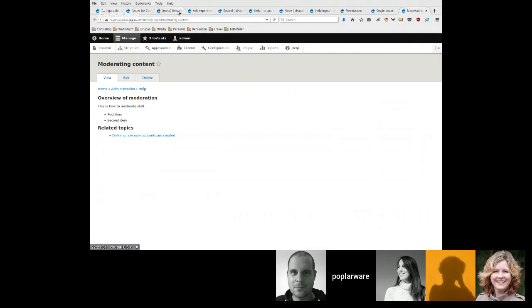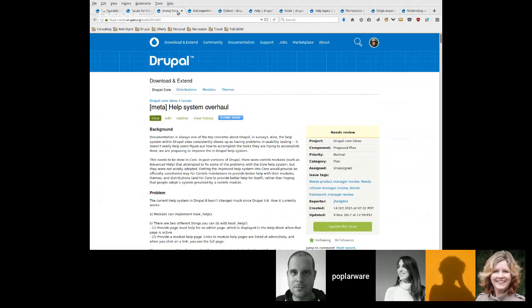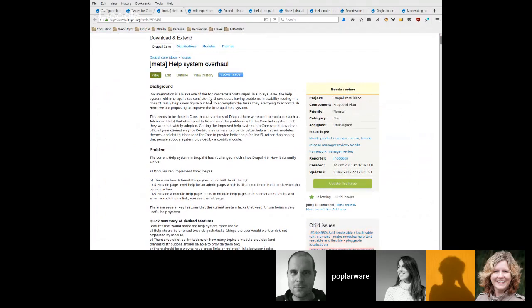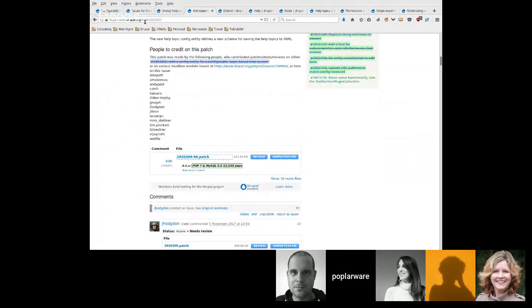Okay, and so as far as issues go, there are several issues. There's a Drupal.org node 2592487, which is the ideas queue issue about "please let's update the help system." And the proposal is to add this module right now as an experimental module to Drupal core as soon as possible. There is a Drupal core issue, which is Drupal.org node